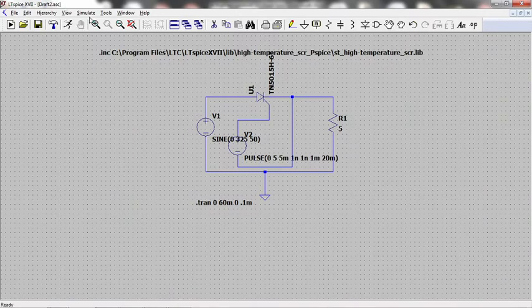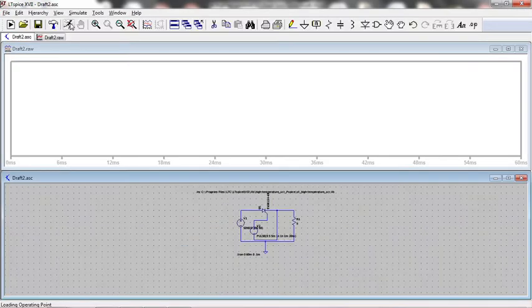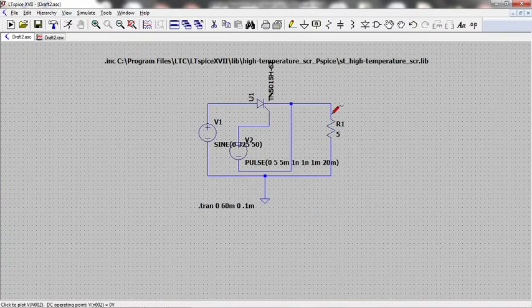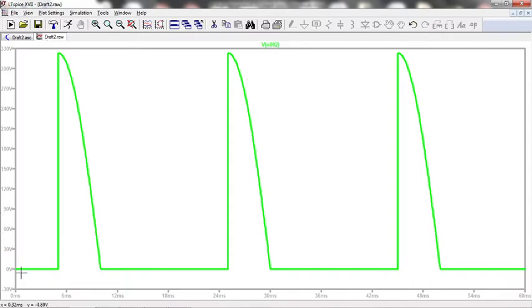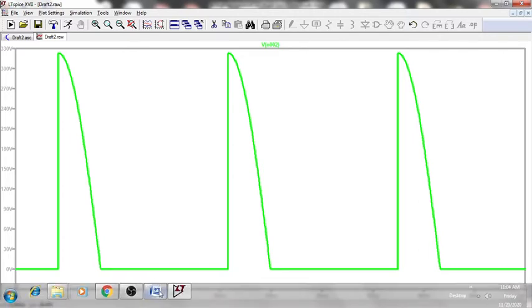So now if I run, yeah, it is giving you an output. I will keep a probe here. I am measuring the output voltage with respect to ground. See here, I have chosen a 90-degree firing angle. So the SCR is turned on at 90 degrees, and again at 10 milliseconds it has turned off. Again the same thing for the next cycle. It is a half-wave controlled rectifier, so only in the positive half cycle, from 90 to 180, it is conducting.